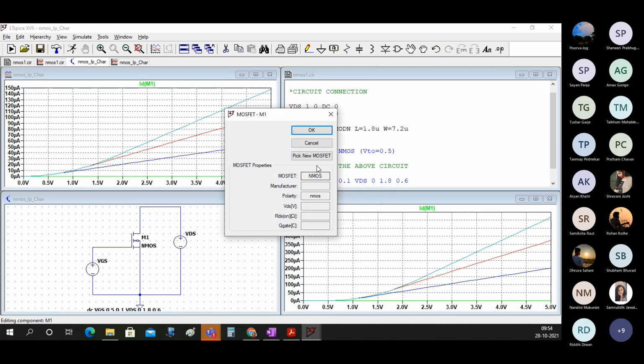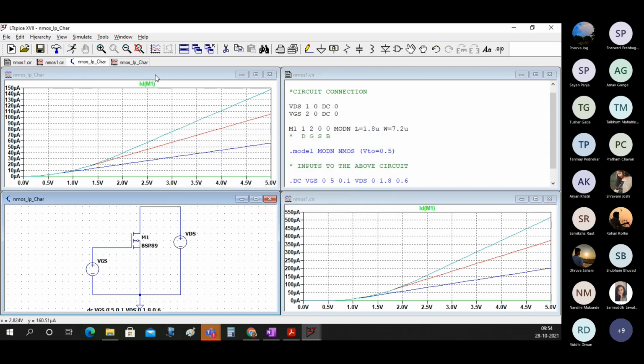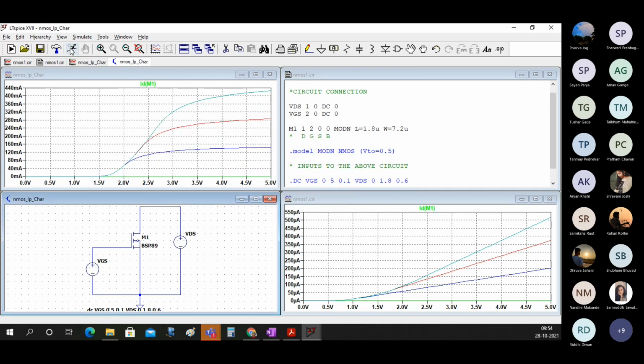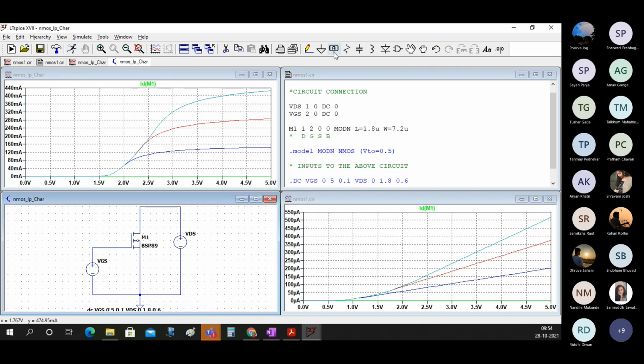Okay, now you can see here there is a way to pick up the MOSFET from the standard list and plot the characteristics. But because we want to give the same L, 1.8, and 7.2, in this circuit we will not use this standard thing.